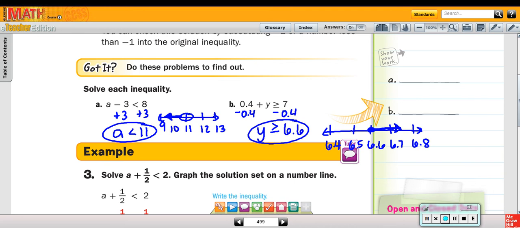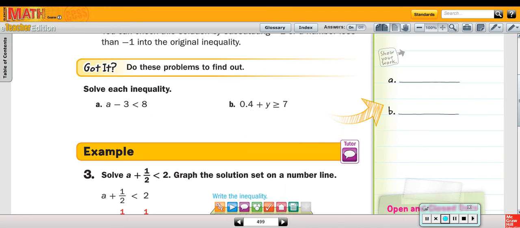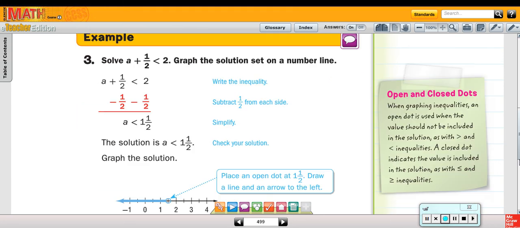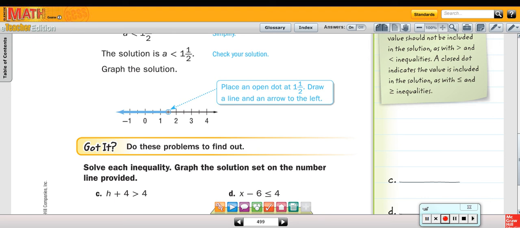Okay? Go ahead and look with me at example 3. Now I have a plus 11 is less than 2. Okay, so if I go about solving this the same way as I solve my equations, okay, a plus 11,